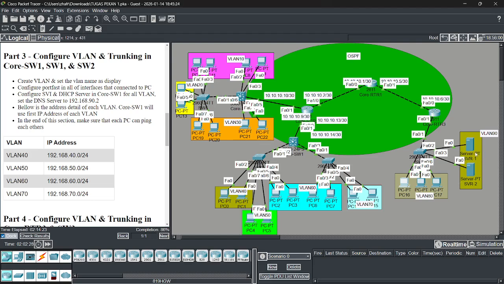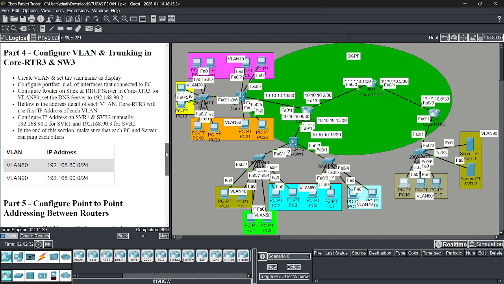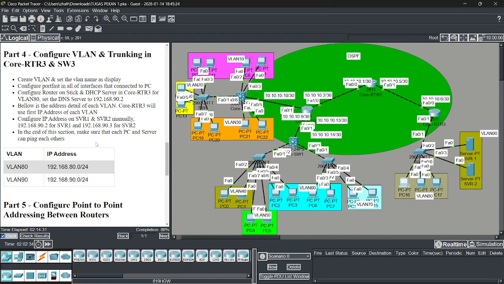On the server we manually add the IP address. Okay, manually, yeah.